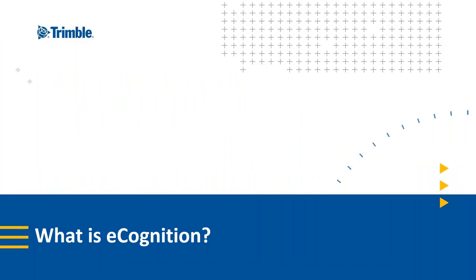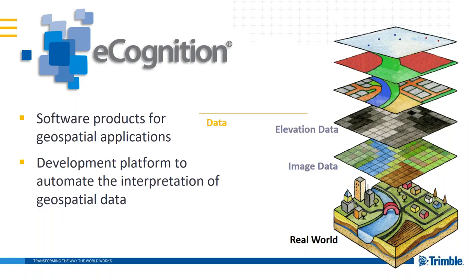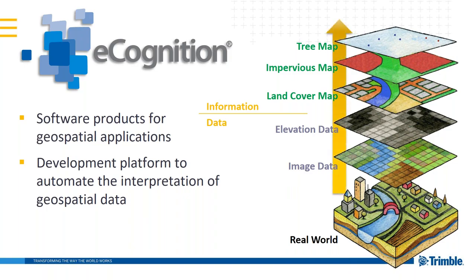First of all, for those of you that might be new to eCognition, just a general introduction to the software itself. The software is for geospatial applications, and we're going to be working with eCognition Developer today. This is a development platform to automate the interpretation of geospatial data. So taking our representations of the real world, whether that's an optical image combined maybe with elevation data, whether that's point clouds or a raster format of elevation data, combining those into a single project environment and